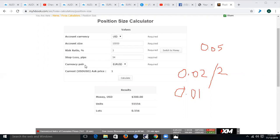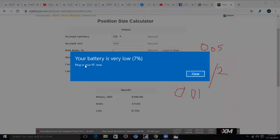Do you understand? If you are risking 3% of your account, for that particular trade, don't risk more than 3% of it. You are going to decide how much money you are going to lose for the day. Every day you have a ratio amount of money you want to lose for each of your trades. So if you have an account of $10,000, this is